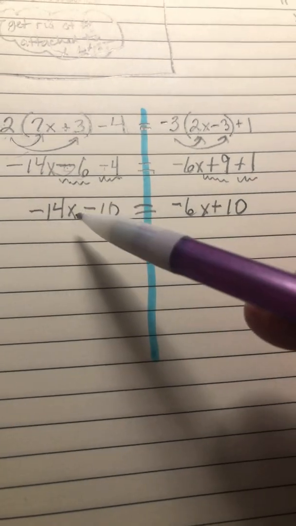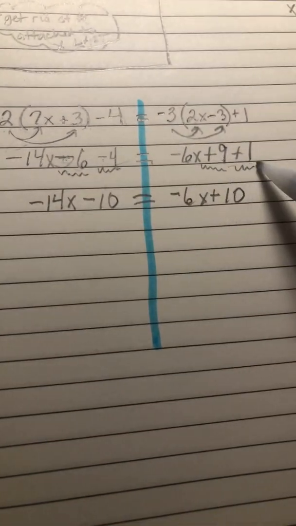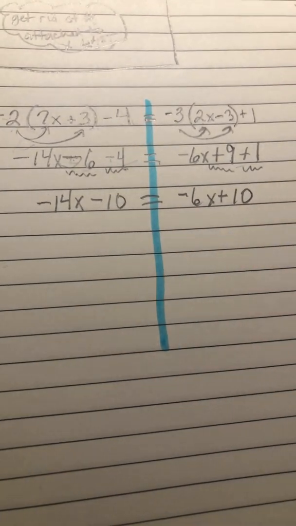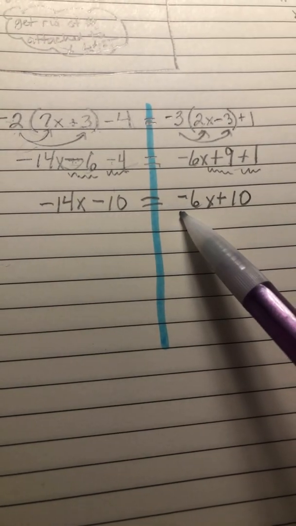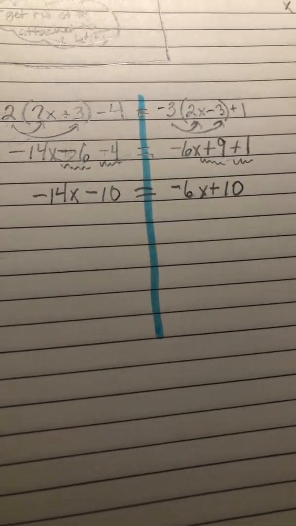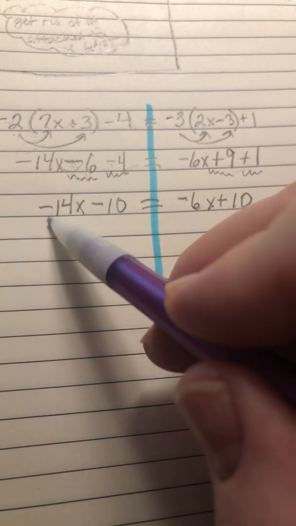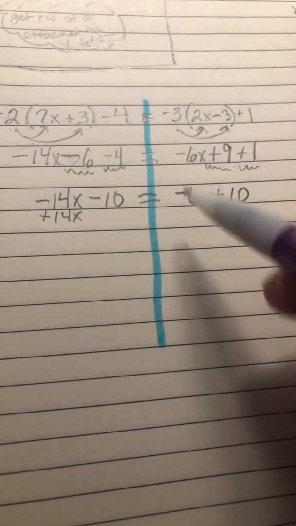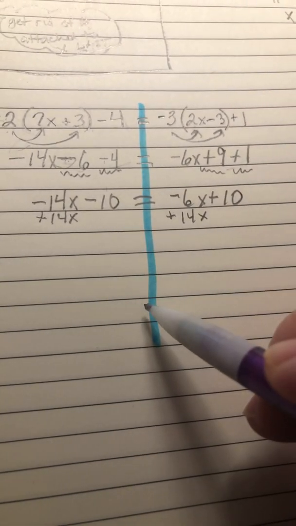Okay, so we're done with the cleanup stage finally. We got rid of parentheses. We combined things that could be combined. Step 2 says if you have an extra x, get rid of one of them. -14 is smaller than -6. Kind of like the weather, it's colder than 6. Less money than, but again, it doesn't matter which one you get rid of. You can get rid of either one. But I'm going to get rid of the smallest one. I'm going to add 14 to cause that to cancel out and go away. And I have to make sure I add 14 to the other side to do the same thing. So this becomes